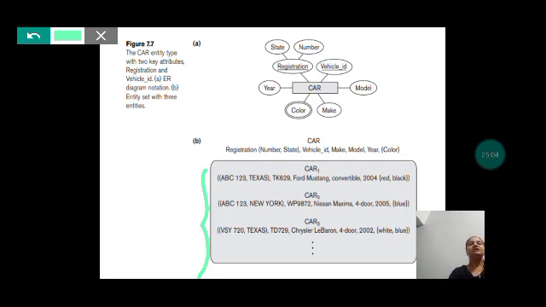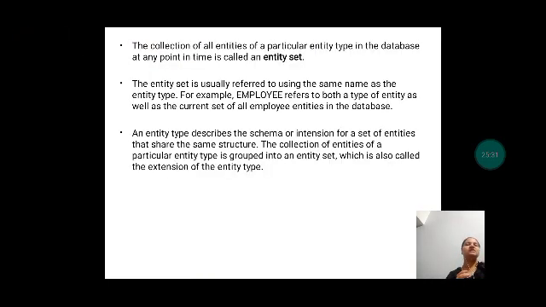Okay, so at this point what we are able to see is an entity set with 3 entries for a car entity type. Entity set with 3 entries for which type of entity type? For a car entity type. Okay, so I think now what an entity type is and what an entity set is is clear, but still let me brief what we saw in this video.